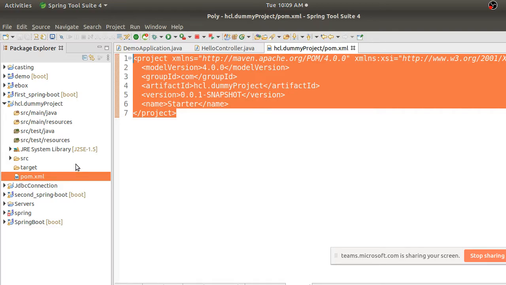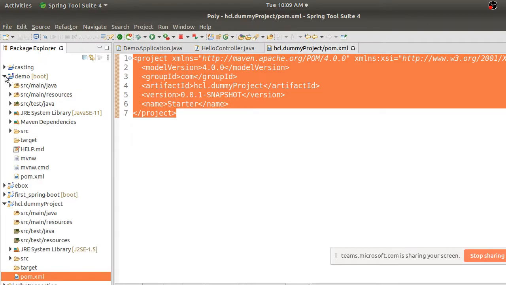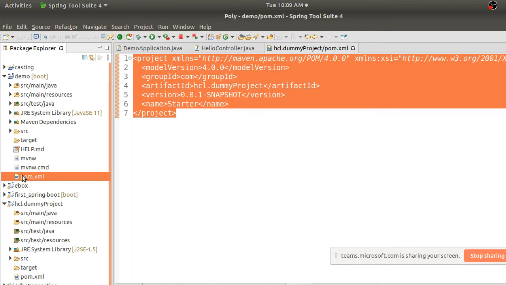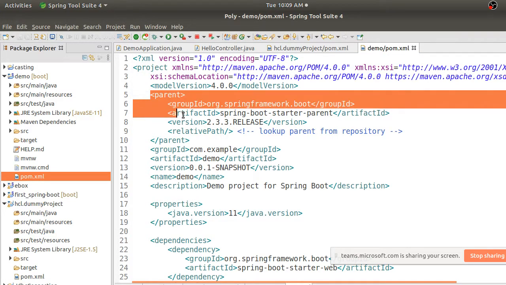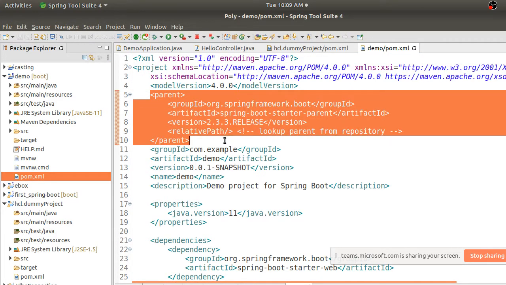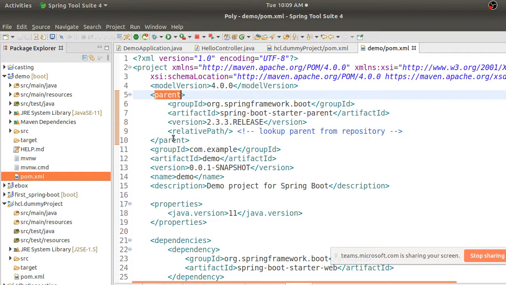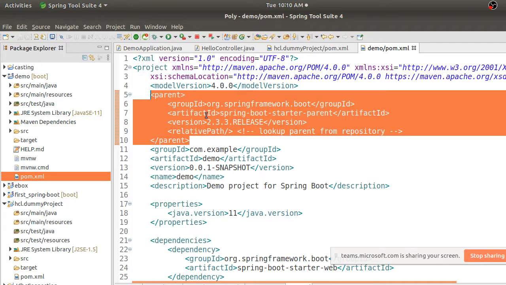So now what we will do is we will see how exactly Spring Boot is injecting all these dependencies and how it is managing all that, right? If you go back to your demo project and see your pom.xml, what Spring Boot did is it added one important parent tag, or the starter tag called parent. You can see here, this is the important dependency it added called parent. So this is the first thing that you should observe here.